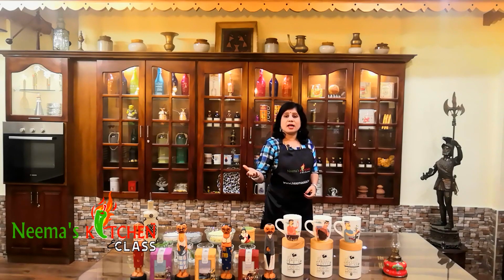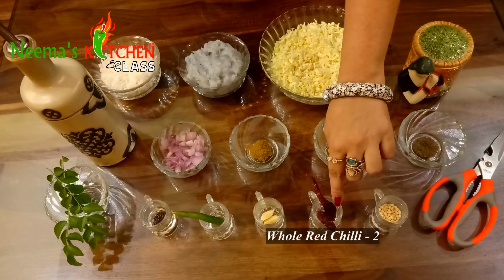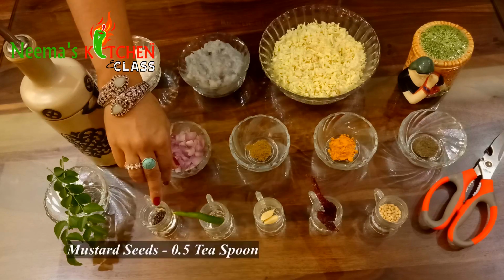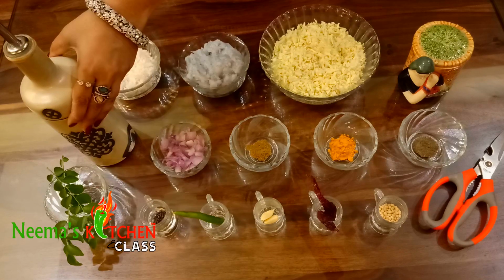Let's now check out the ingredients for this recipe. Urad dal or peanuts 1 tablespoon. Whole red chilli 2, garlic cloves 2, green chilli 1, mustard seeds half teaspoon, curry leaves few, coconut oil or